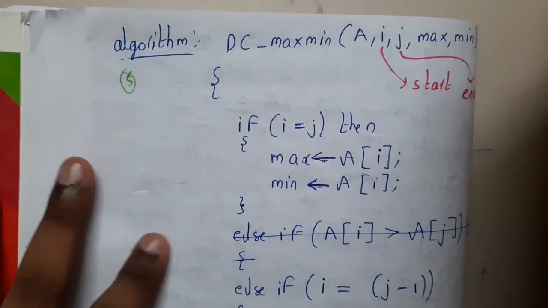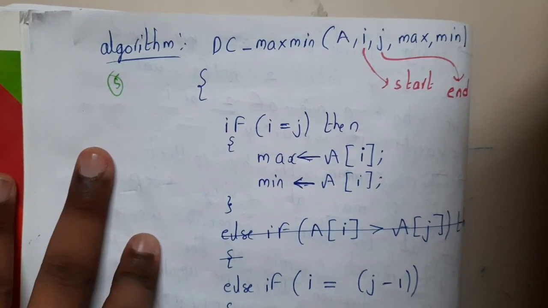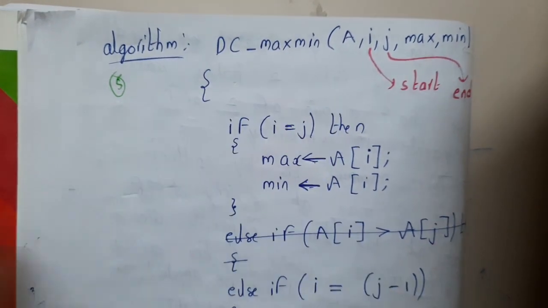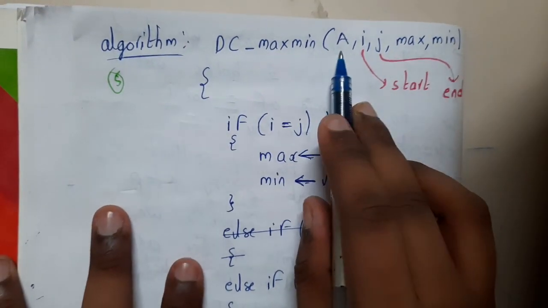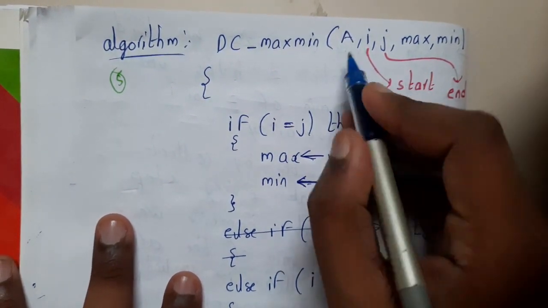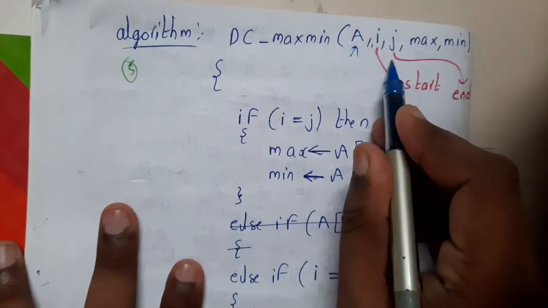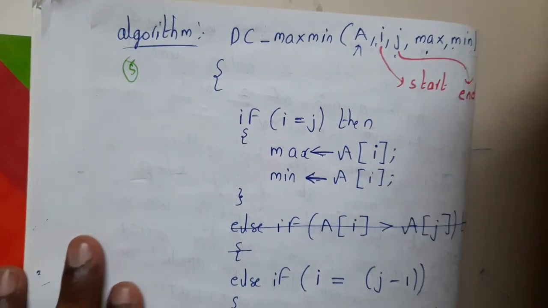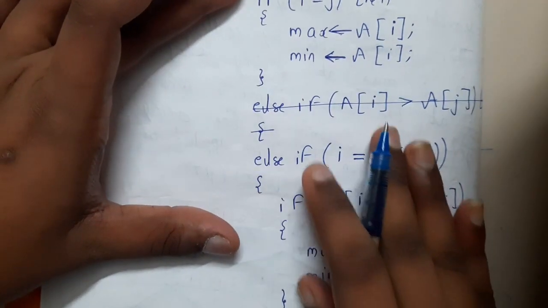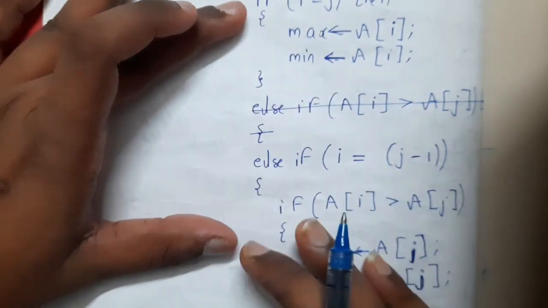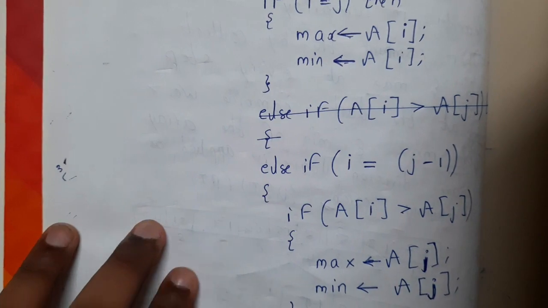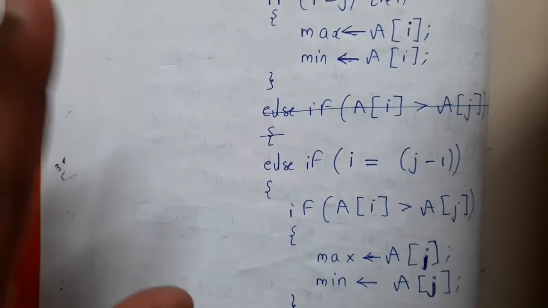In this lecture, let us go through the minimal and maximal divide and conquer algorithm. So, divide and conquer algorithm for finding minimum and maximum. Here we'll be passing 4 or 5 parameters. The first ones are the array, start, end, maximum and minimum. In one part it will be the exact algorithm which we write, and in the second part it will be a different algorithm which calls itself recursively and does the things that it should do for divide and conquer, guys.